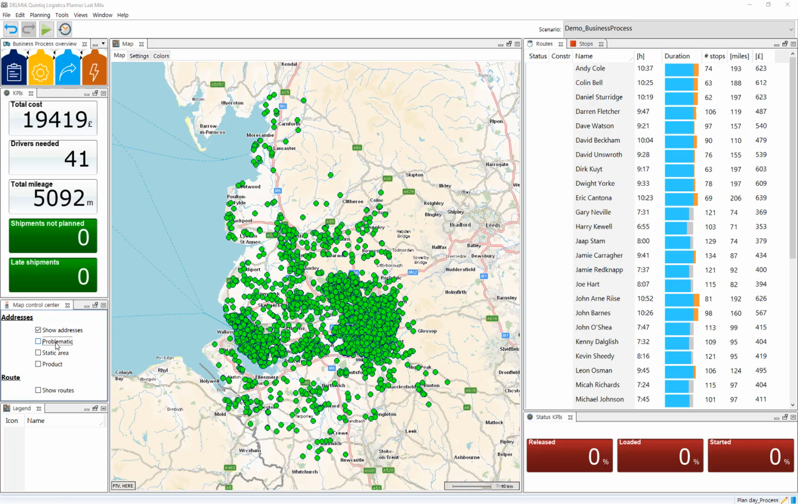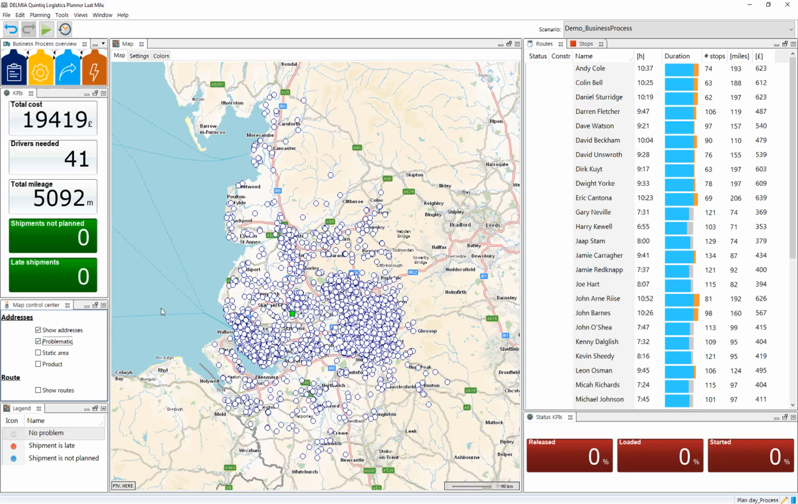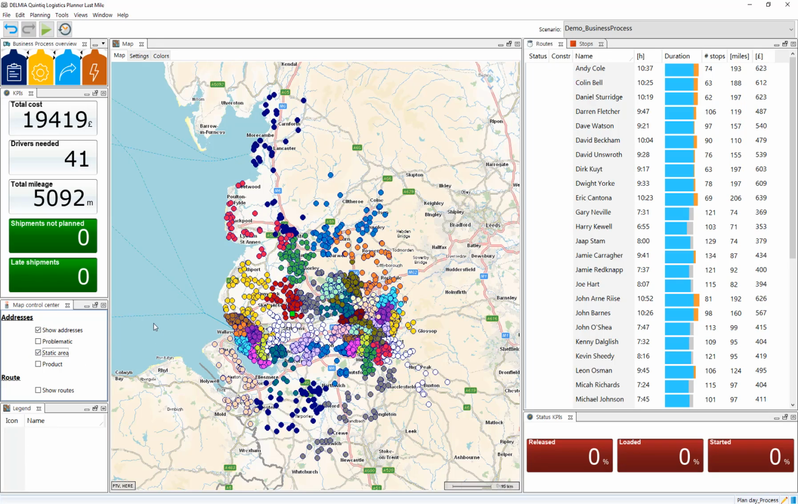So for instance, by clicking problematic, we can see, also explained in the legend here in the lower left corner, that currently no problem exists for all the shipments that we've planned. Interestingly, we can also click on the static area button, and the static area button shows which driver is actually